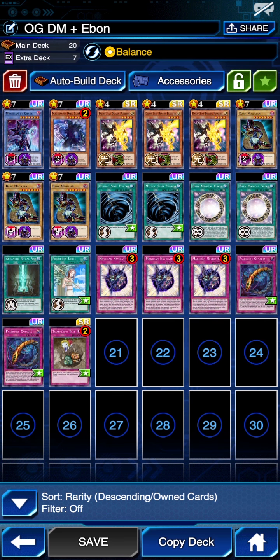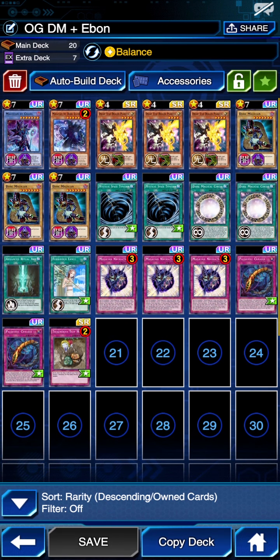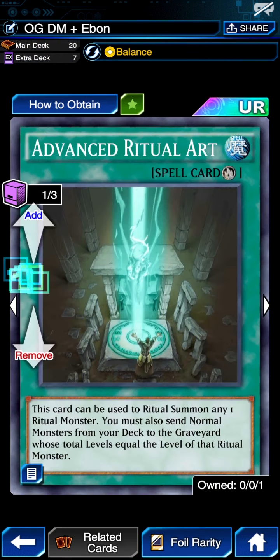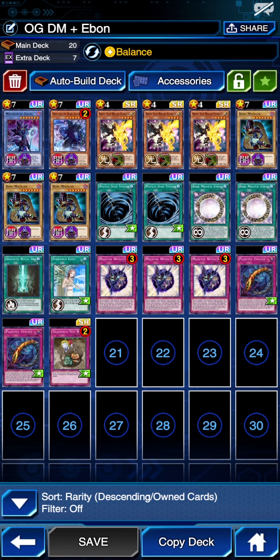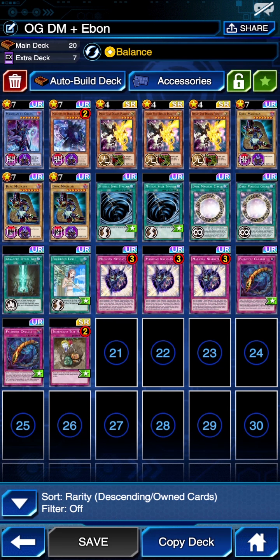Before you say anything, you may ask, Magician of Chaos, bro, that seems too inconsistent. Like, what the heck, bro? And you would be surprised. Like, if we open Advanced Ritual Art, which is with the skill balance, good odds we open it,